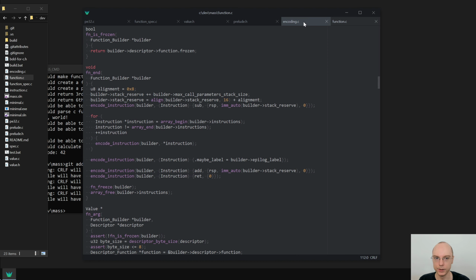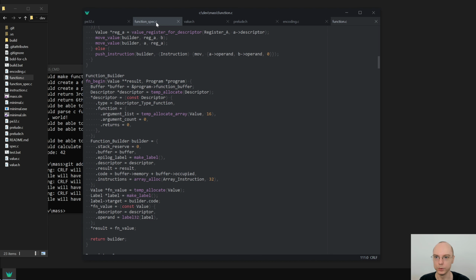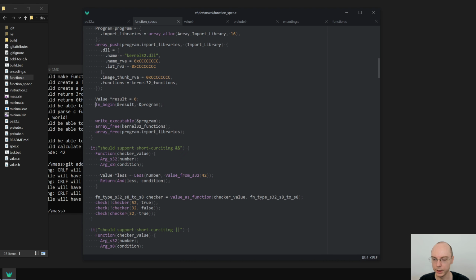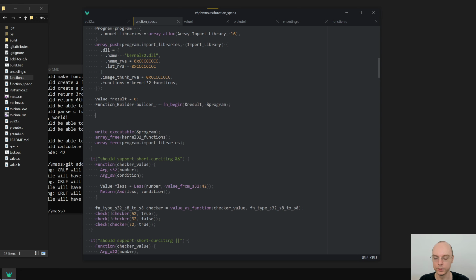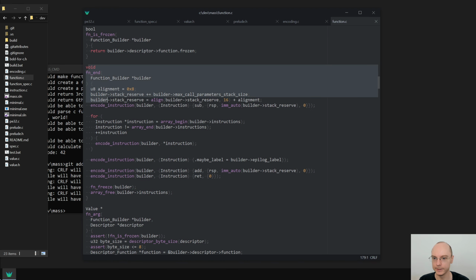It returns a builder, and this is what we need to store somewhere. It would be handy if we store it with the name builder underscore, because that's what our macro uses. So we do the same. We say builder underscore is this, and now we can use regular macro functions to deal with this stuff. The only thing we will not do is we will not call function end, and we will have to